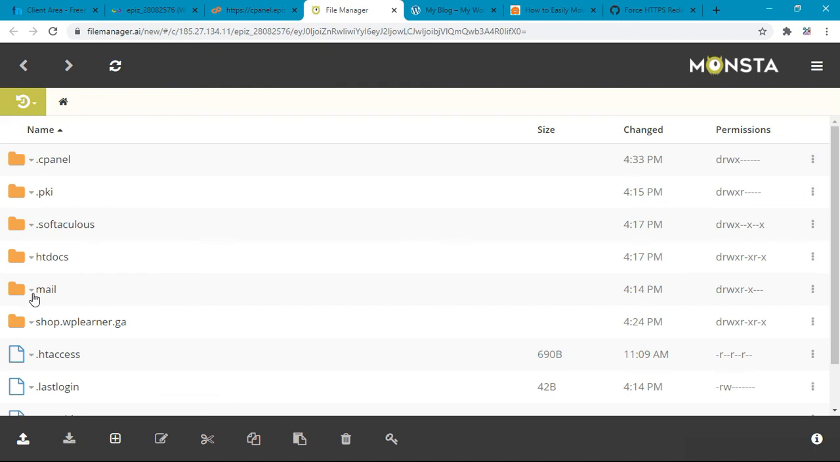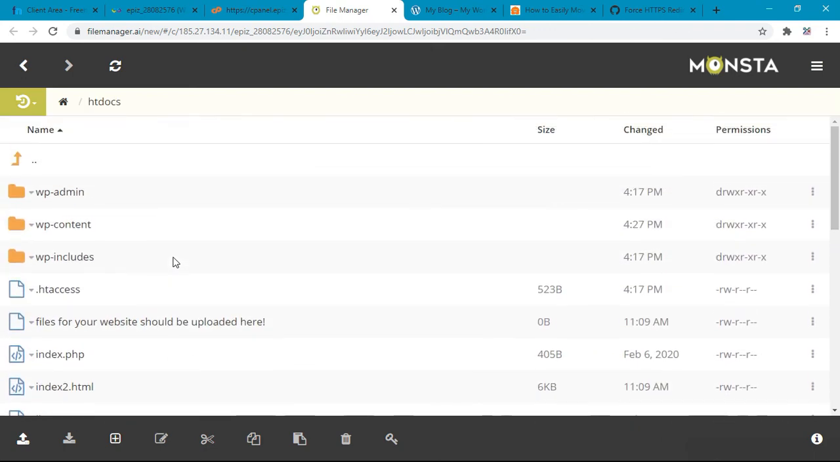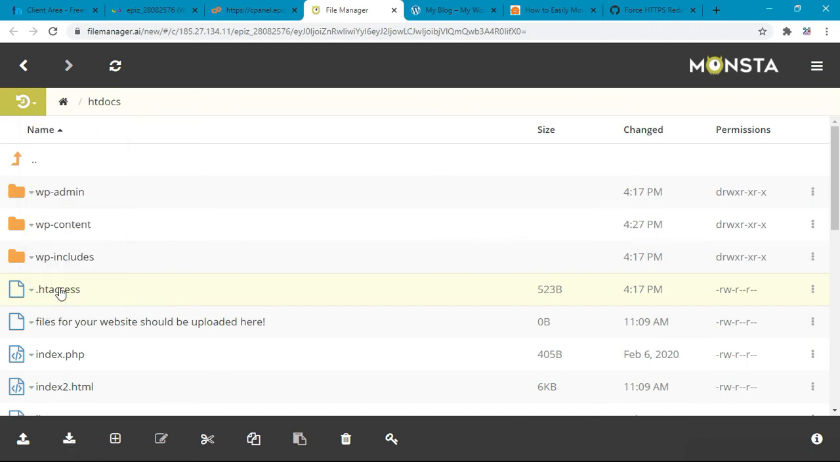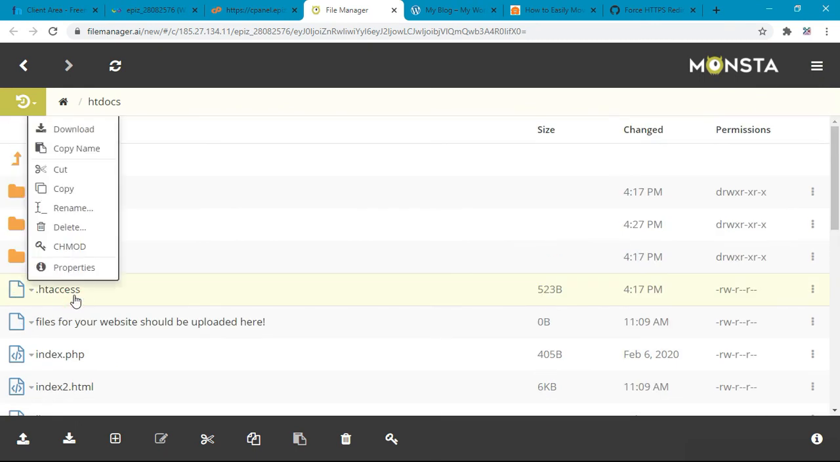go to the htdocs folder, or if you are using it for a subdomain, select that subdomain, but normally you will have to select the htdocs folder. And here in the htdocs folder you will see the .htaccess file on the top. Click on it, and then double click on it, select, and